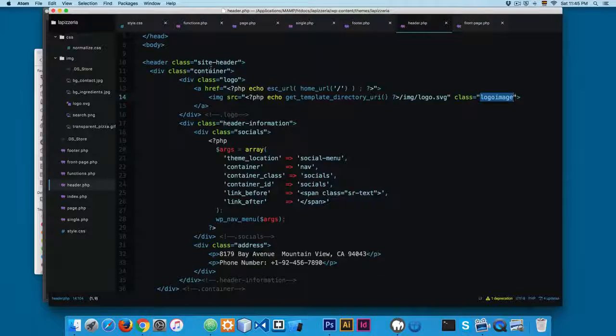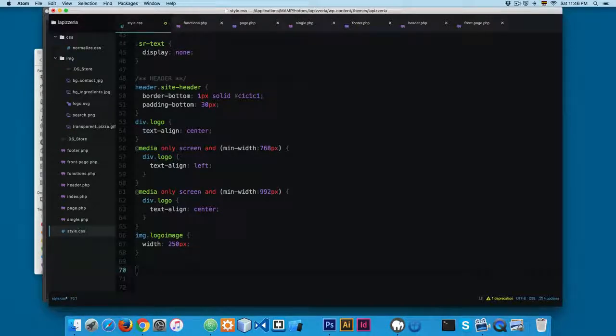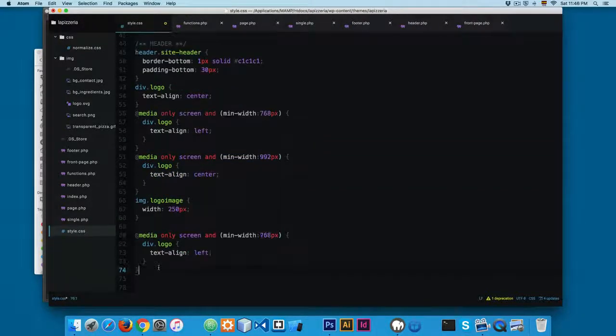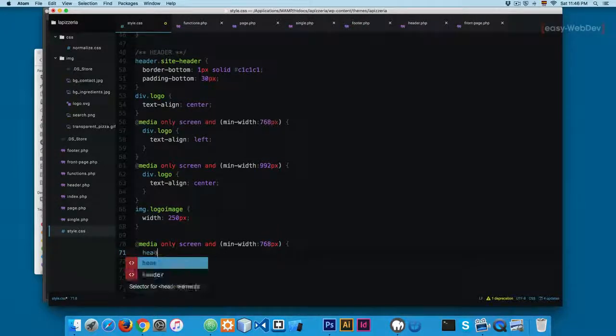If you take a look, we added this site-header, and then we have this container. So we're gonna target that section, as you see in media queries. So we're gonna open the style.css, and I'm gonna copy this media query, paste right here, and change the selector. I'm gonna add header, site-header, and then the container. Then we're gonna add a position relative,